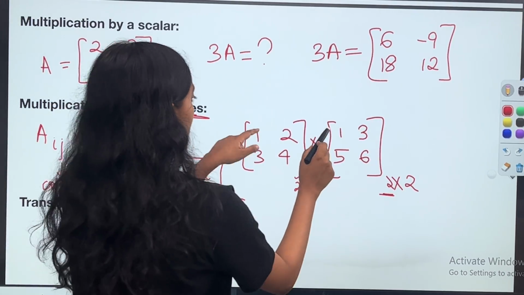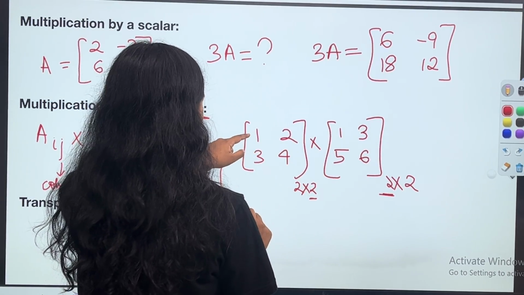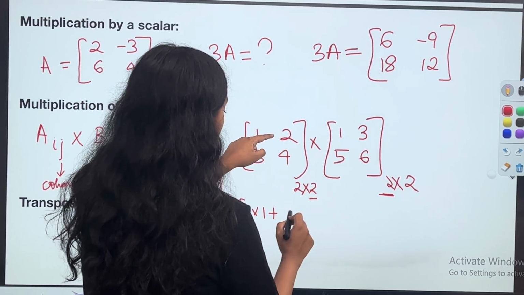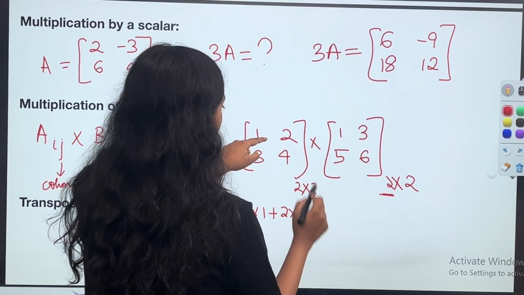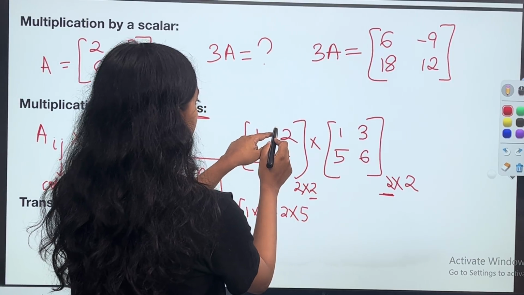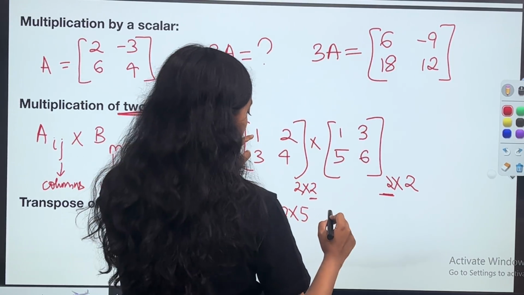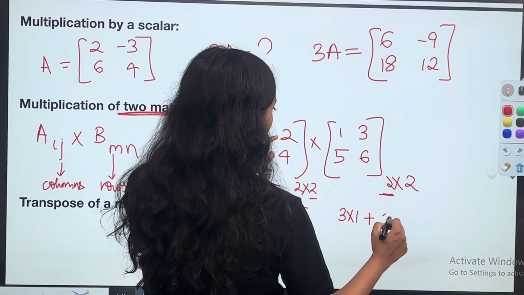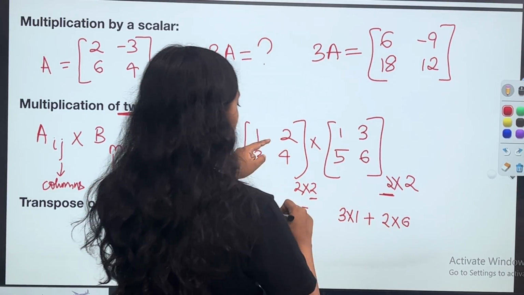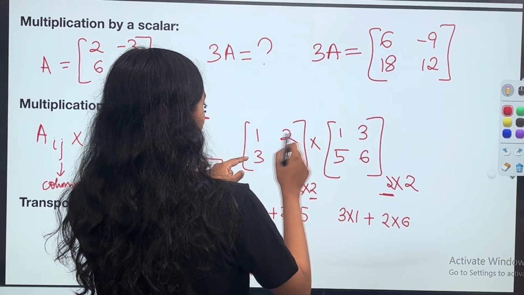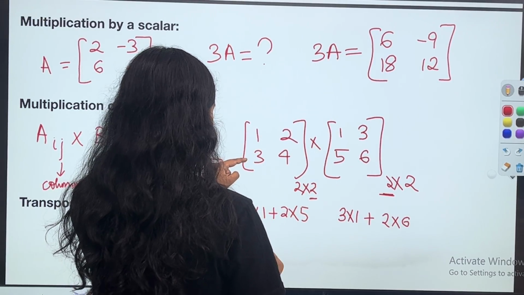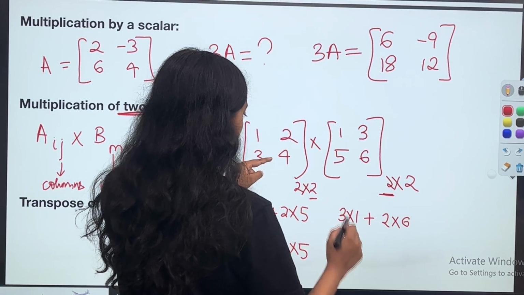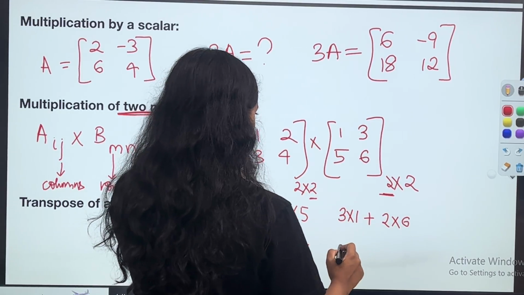You will have 1 into 1 plus 2 into 5. Then 3 into 1 is the next element plus 2 into 6. Then 1 into 3 plus 4 into 5. Next element, 3 into 3